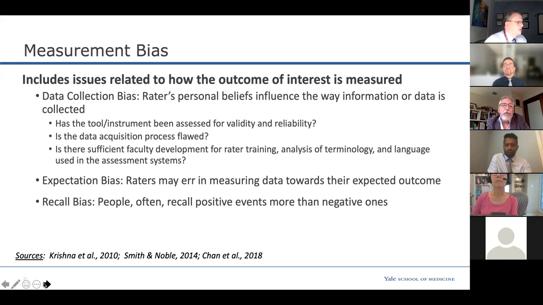And recall bias, this one's actually interesting because we've all heard about recall bias, but often we recall positive events more than negative ones, which is kind of contrary to what I would have thought before I started to read some of the literature. But again, the further away you are from the timing of a student and now you're going to rate them, the more that recall bias jumps in, the more that you can create a bias between ratings of different students.